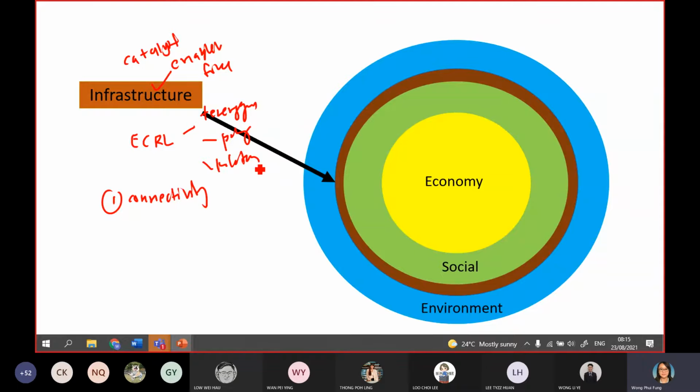But when we have the ECRL, when we have this kind of infrastructure, it actually improves the connectivity between the community and also the states. If you want to travel from KL to Kelantan or all this area, it actually shortens the traveling distance. Correct or not? So it actually links to connectivity and also convenience. Previously, you needed to take a 15-hour bus, but now maybe 3 to 4 hours by high-speed rail, the train, then you can reach the area faster.